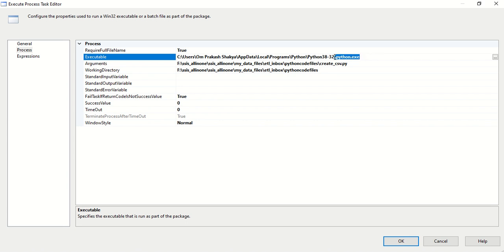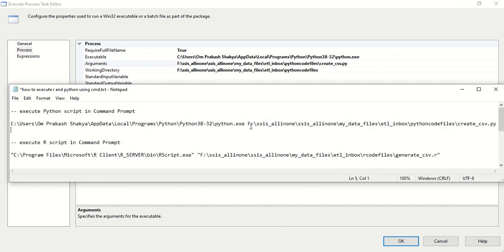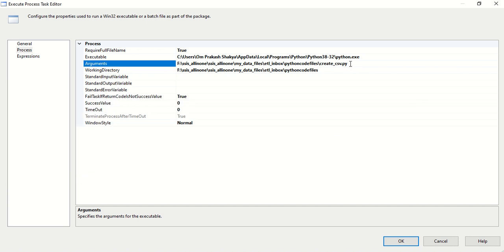On my machine I have this path. Here I have installed Python, and the Python exe is available at this path. And the argument is the script file path. So we have this .py path there, the path of the Python file.